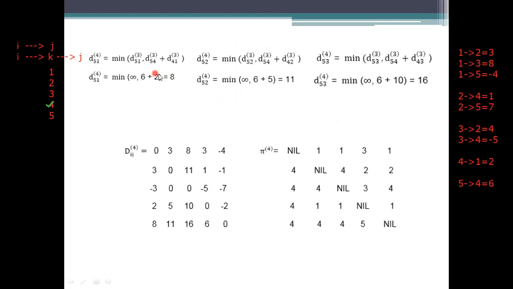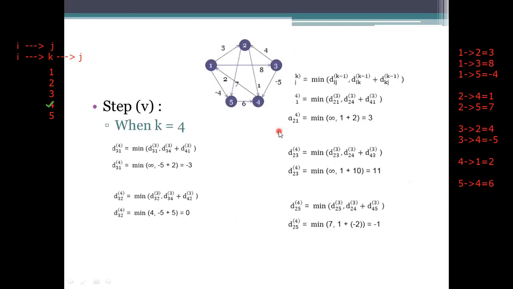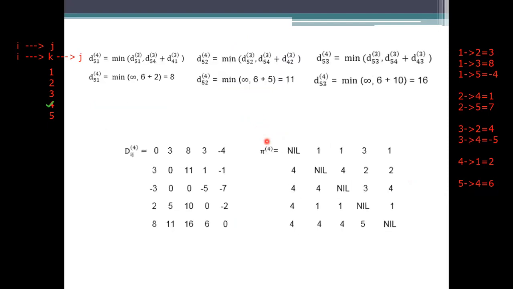Likewise for the fifth one. So how many values are there? 1, 2, 3, 4 are also there, and we need to calculate the value for the next one, that is the fifth one, which is 0 here. Why until now didn't we calculate the fifth node value? Here there lies a path between 5 to 4. There lies a path means it allows you to take the updates in that value.